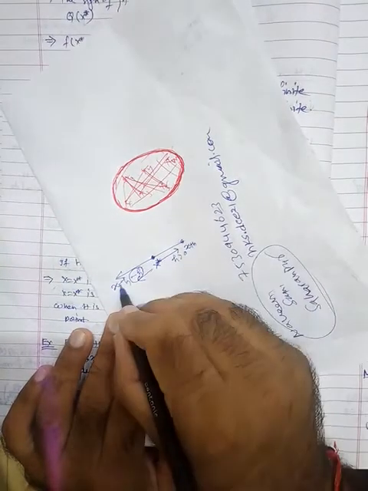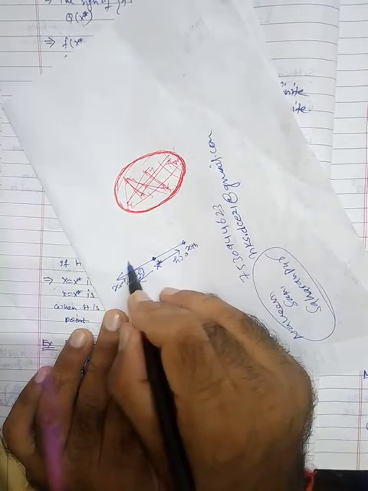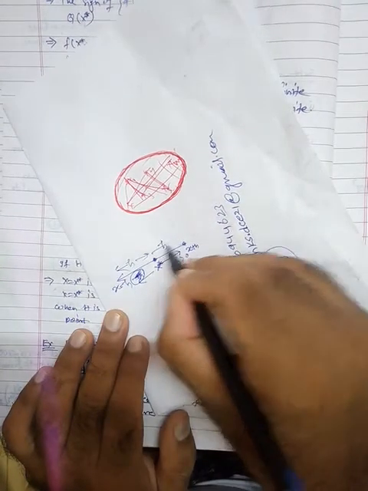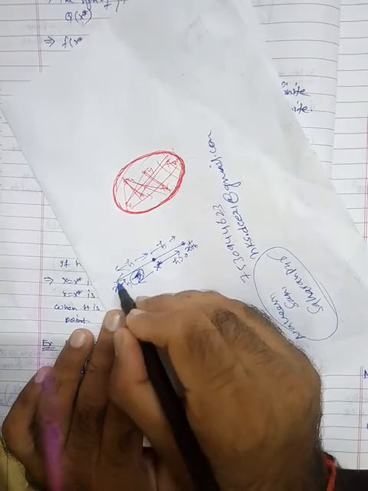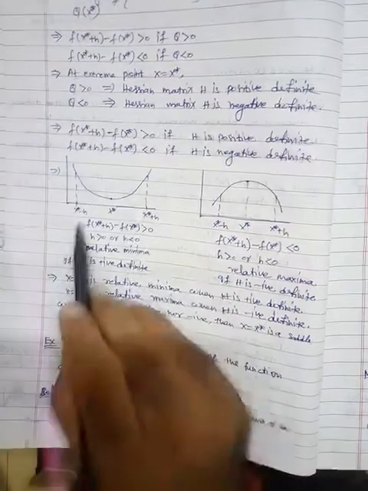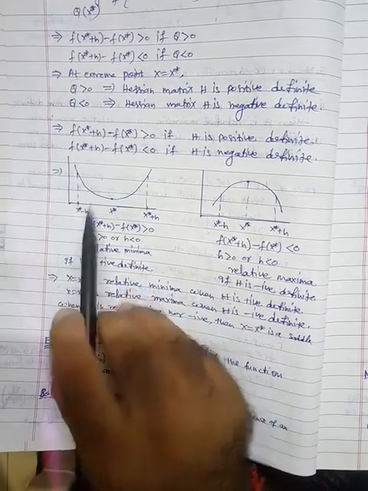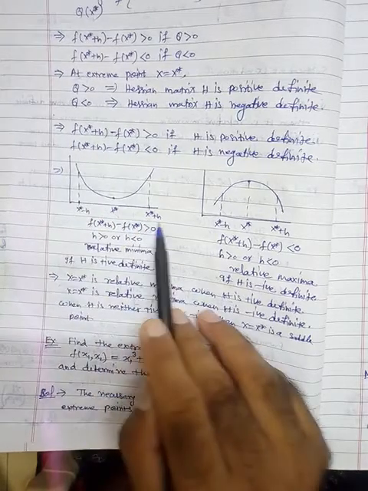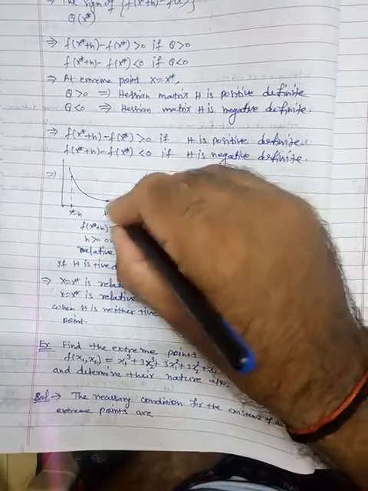If we go from here to the left, then this point will be x minus h after distance h, this distance is h. Similarly this distance is h here, so this point will be x star plus h, this is x star minus h. So this is taken here, x star plus h, x star minus h. Now this condition shows that the function value at x star plus h is higher than this value, so this type of curve will be there.